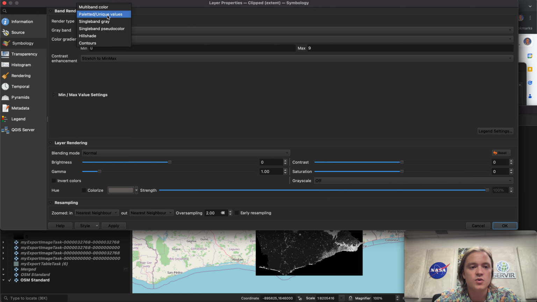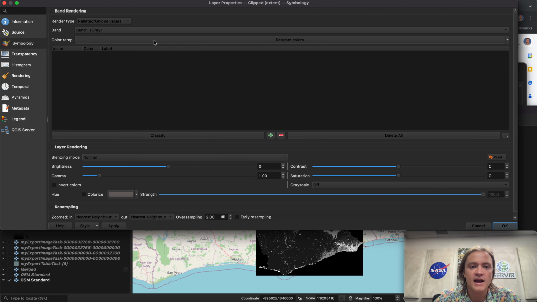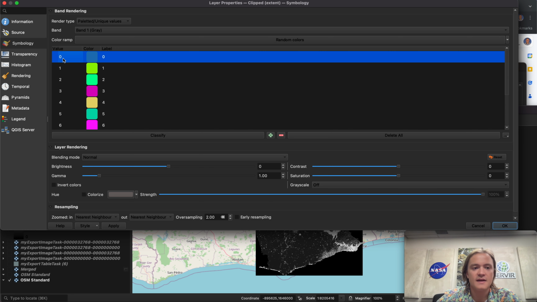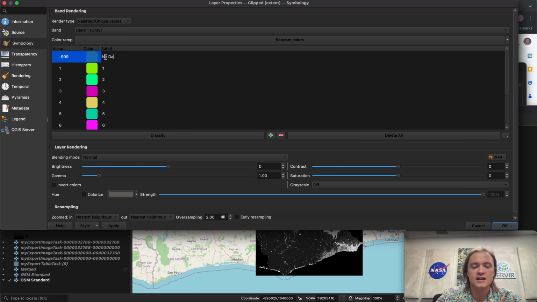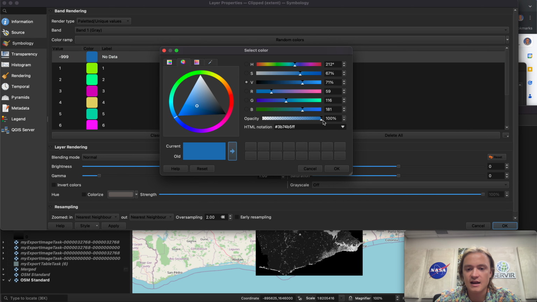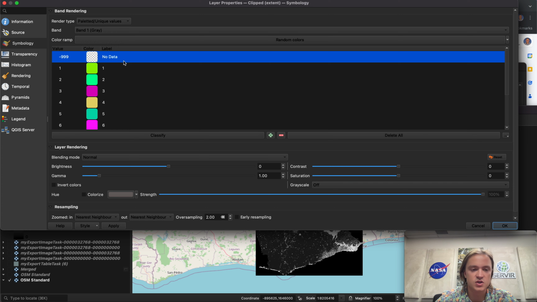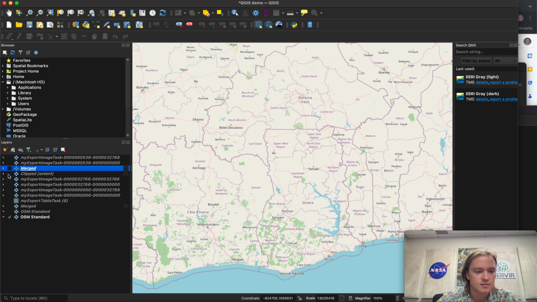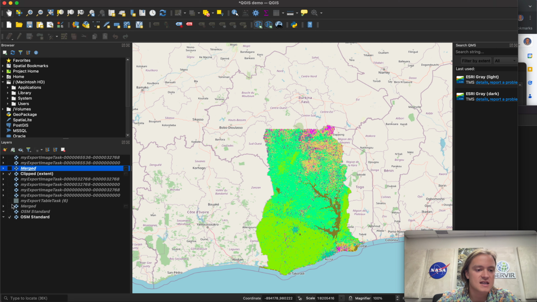So I'm going to go to paletted unique values instead of single band gray. Because recall, each one of our land cover classes has a discrete value of an integer, and they all have different integer values. So first, we'll just add a couple colors here, and then we will specify first our no data value, and we'll just say no data, and we'll click this color here and bring the opacity down to 0% so it's transparent. And I'll quickly just show you what that looks like. We can see everything outside of the boundary of Ghana has been removed,